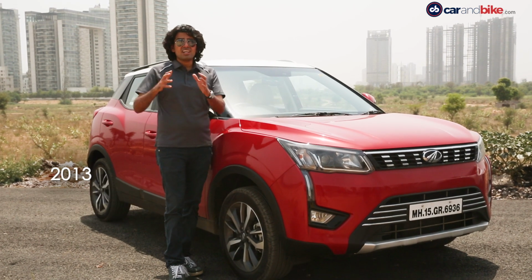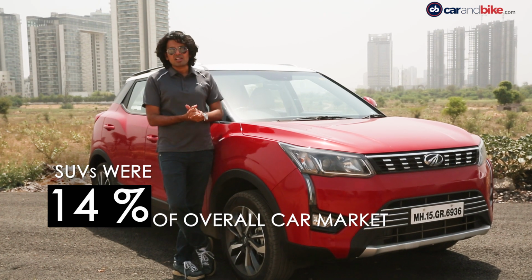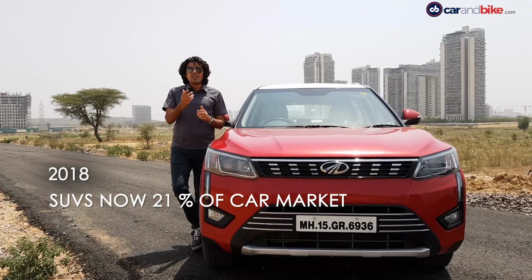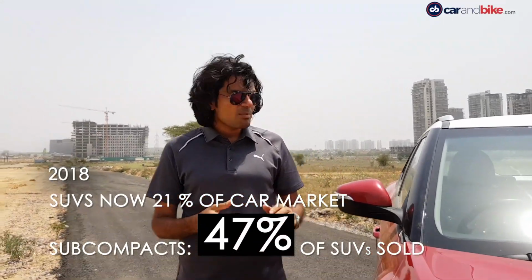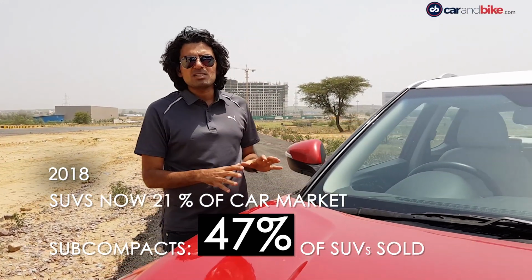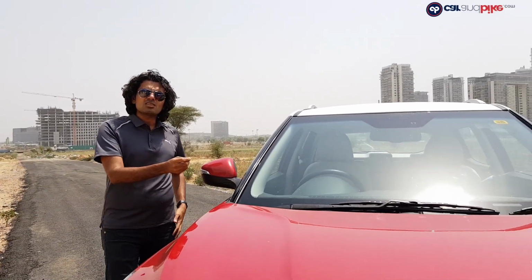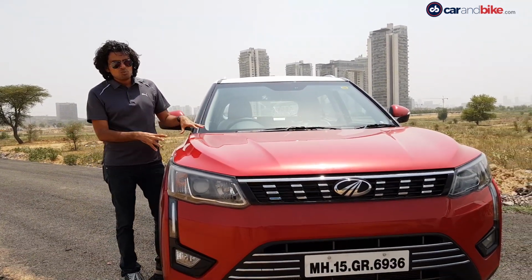the overall SUV space, and SUVs in general only occupied 14% of the overall car market. In 2018, that has changed dramatically. SUVs in general have become 21% of the market, and subcompacts within that, 47% of all SUVs sold. So you can imagine how important this space is, which is why when the Mahindra XUV300 drove in just a few months ago, it created all kinds of excitement, and of course we had to pit it against its